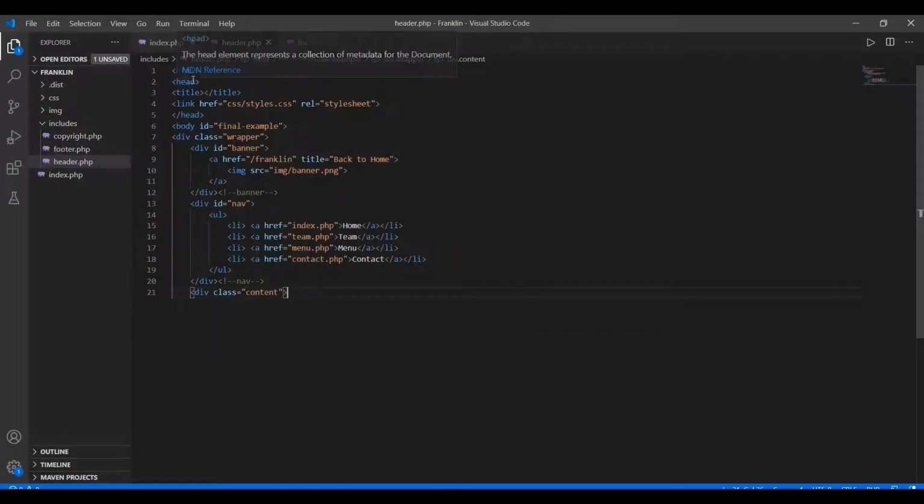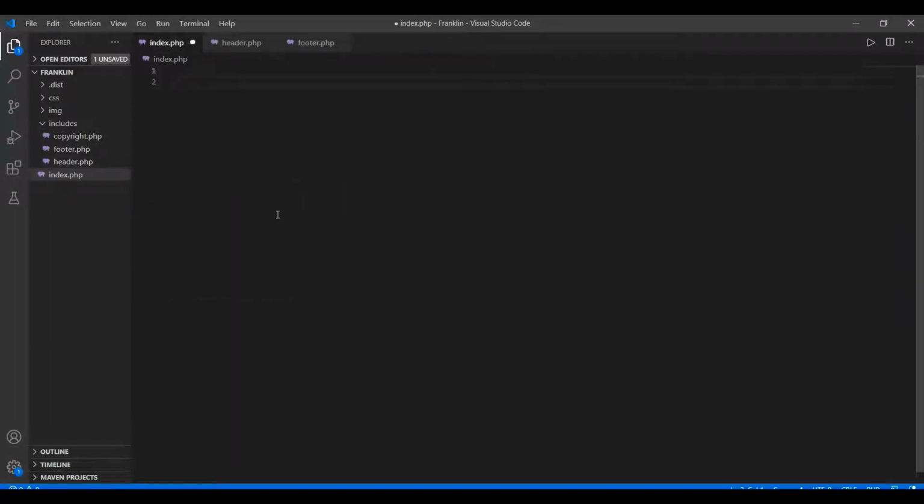Save the changes. Similarly, we cut the content from the HTML to the div class content from the index.php file and pasted it into header.php, and saved the changes.